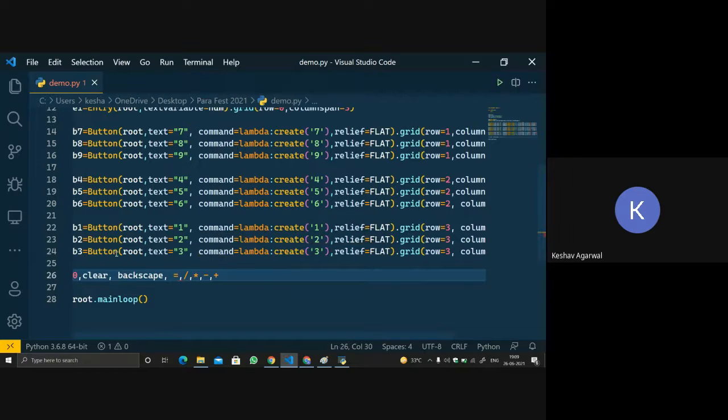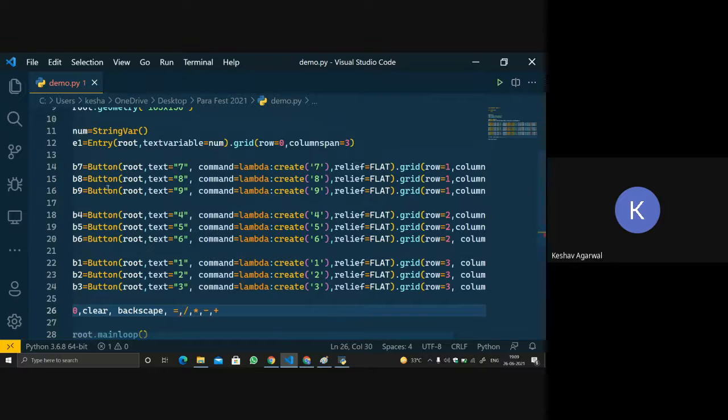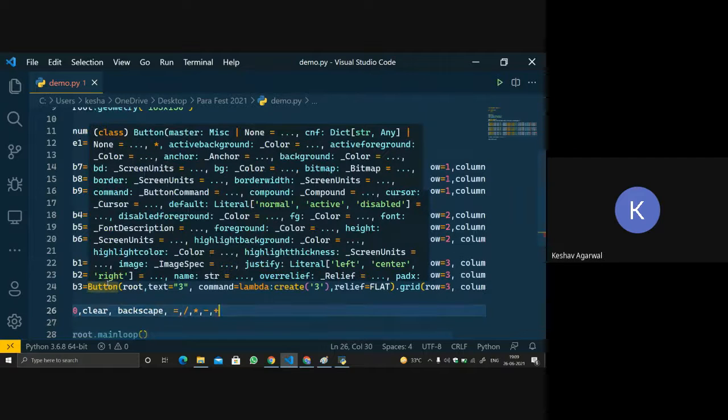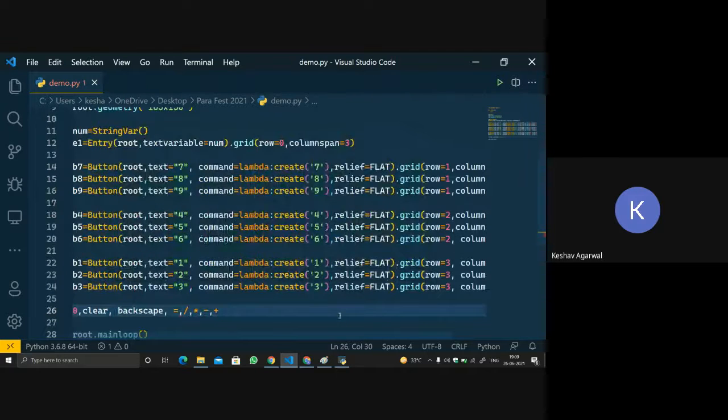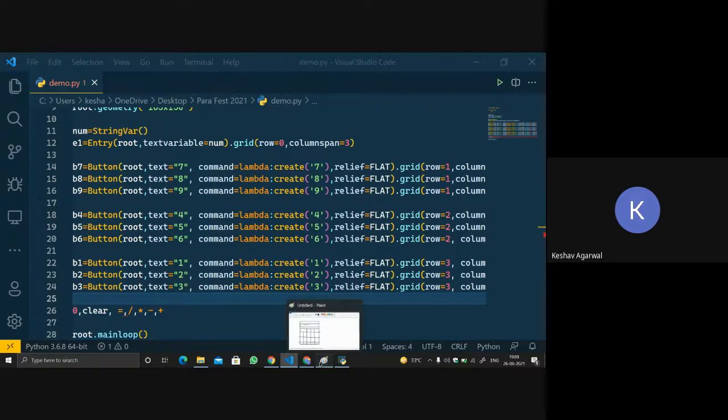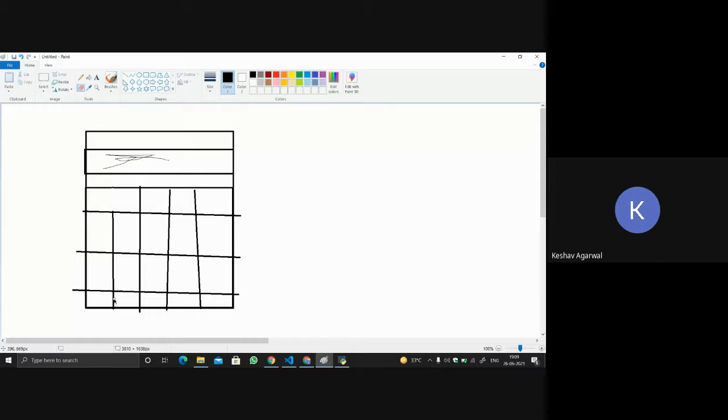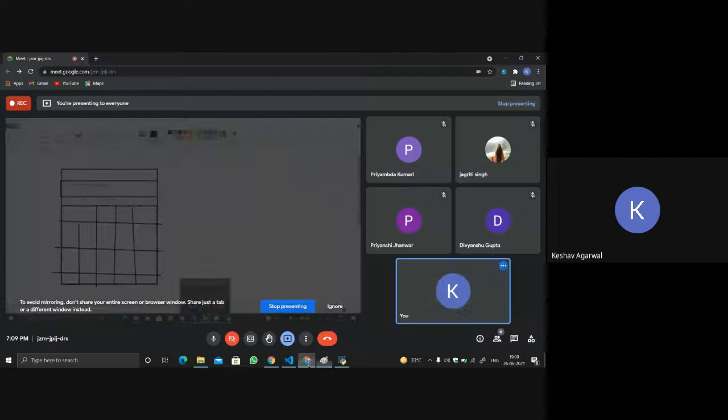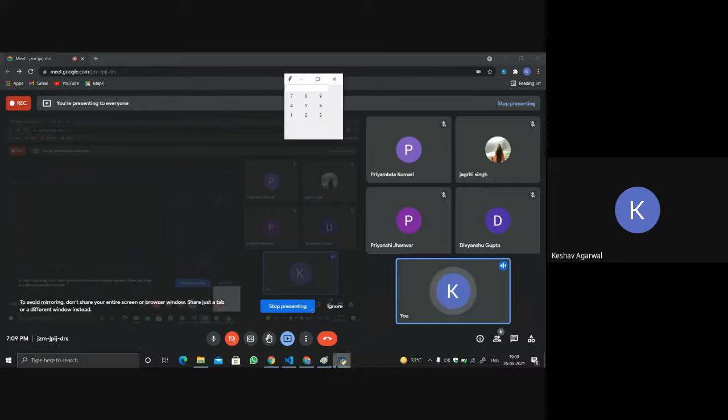So we are doing 9 and 8, 17. Let's remove one key, because 4 across 4 is 16 now. So let's remove backspace for now. Let's add the key. For 0, 0 will be in the center, right? 0 will be over here, below 2.